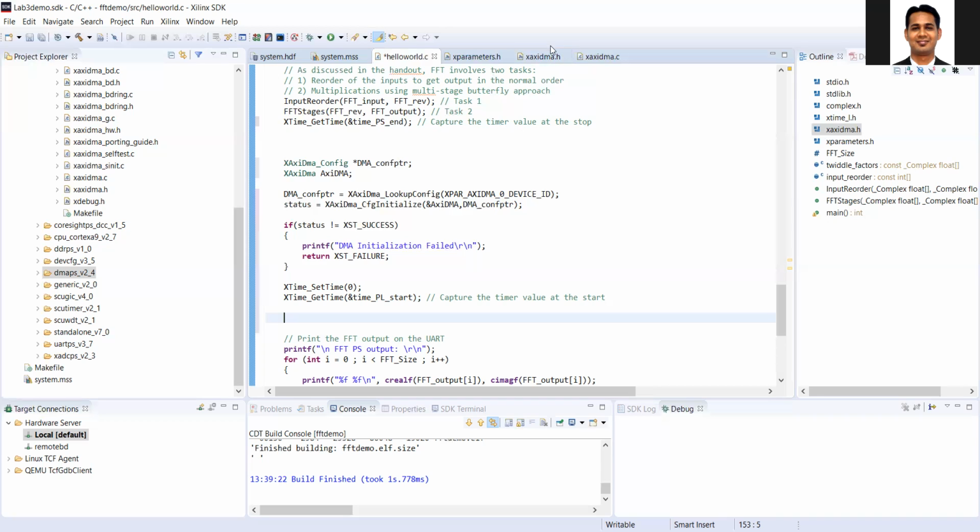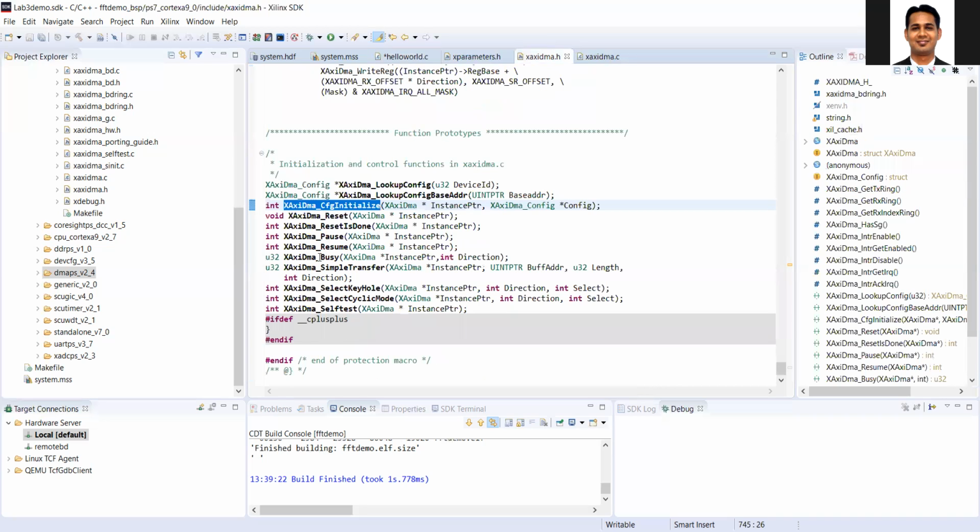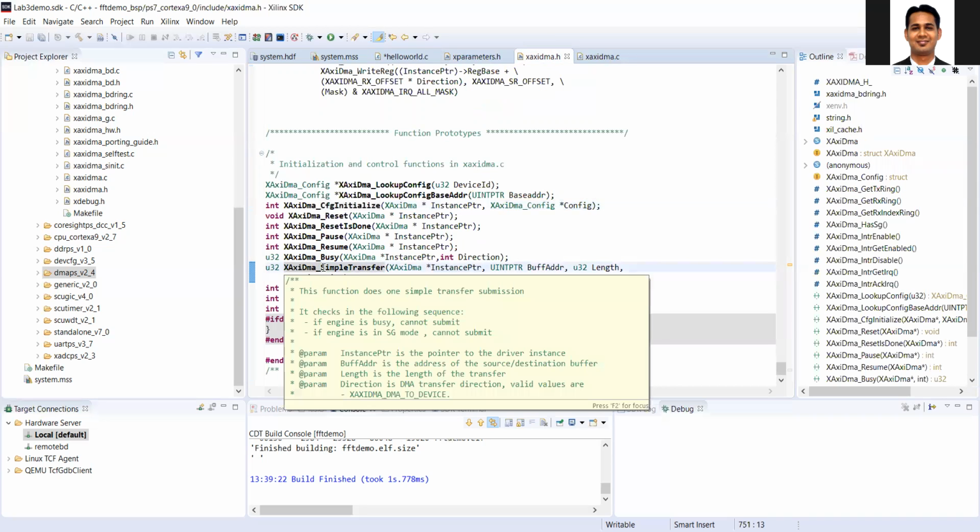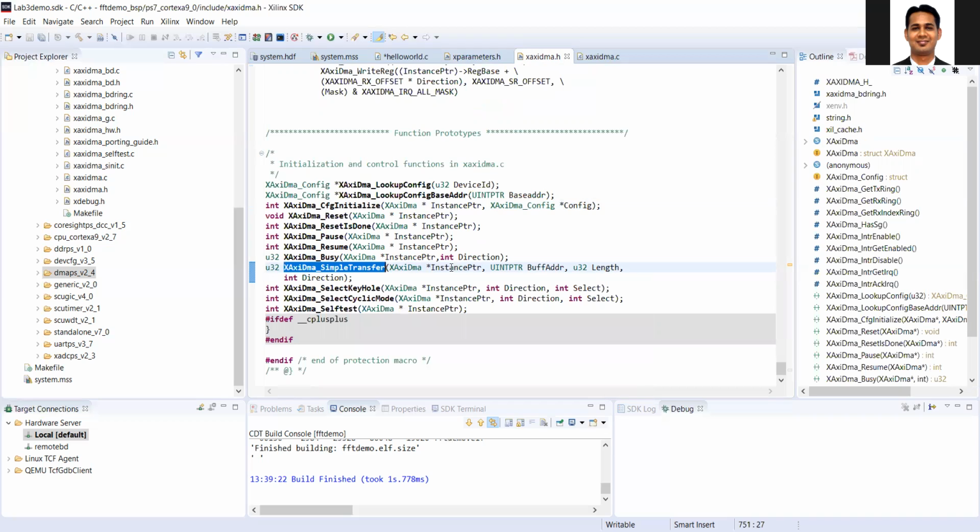And how to do that? Again, there is a function. You can see that there is a simple transfer function. We are not using the scatter gather. We simply transfer the DMA pointer, from where the data is to be written or taken, how much data, and the direction, whether from DMA to FFT or from the FFT to DMA. So let's take this function,